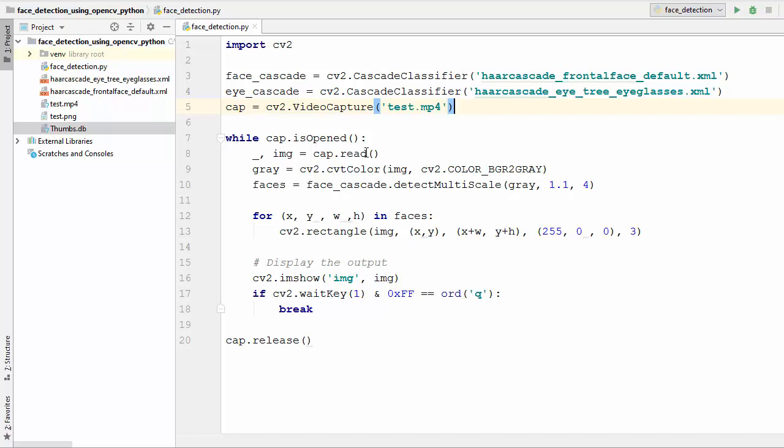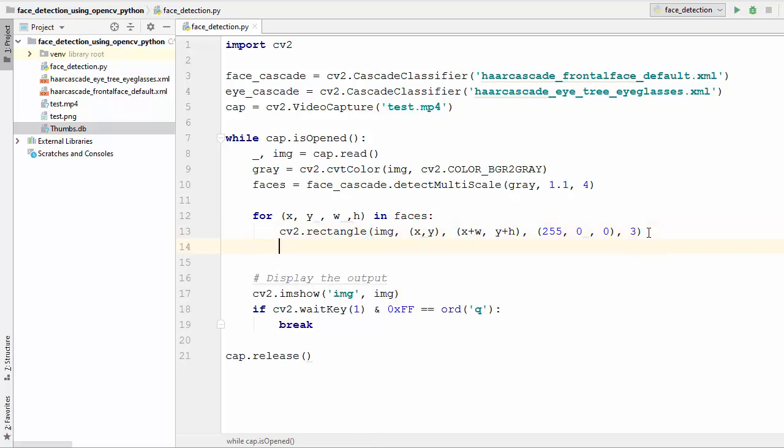So once we have our classifier, then in the last video we have already seen how to detect faces. So our region of interest will be the face this time, because the eyes will not be present outside the face, right? So eyes will always be present inside the face. So our region of interest will be the face, and face we have already detected last time. So this face will be now our region of interest. So go inside this for loop where we are iterating over this face variable, and then we are going to